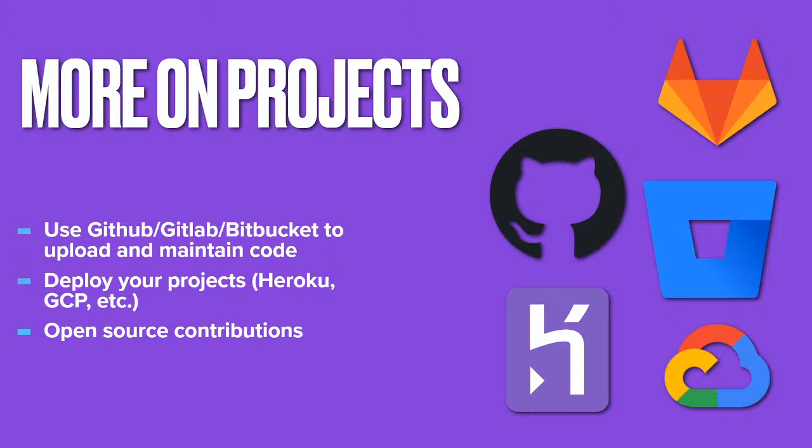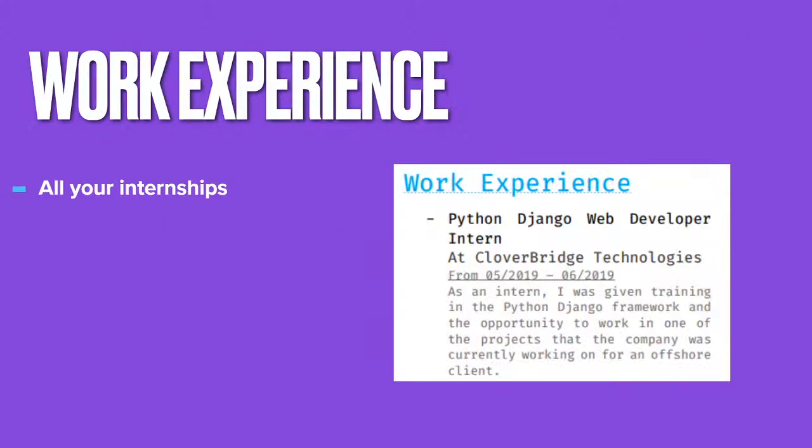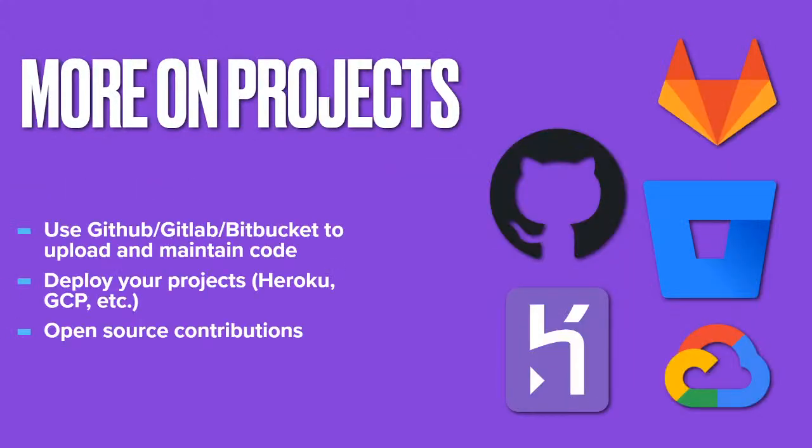And lastly, but definitely not the least, I would like to shed some light upon open source contributions. Open source contributions is like if you made any commits to any big projects like OpenCV, for example. If you've made a few commits to that, you want to highlight that in your CV because everyone knows about these projects, everyone uses these projects. It'll be helpful if you could shed some light on that as well. Next.